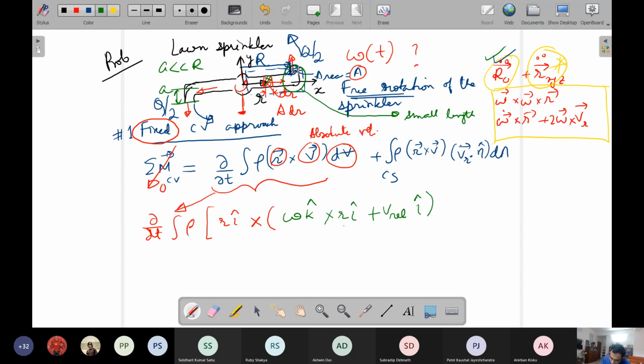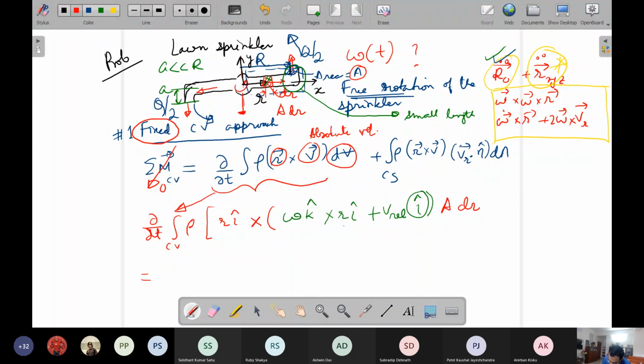But because that part is small, the major part of the control volume is the horizontal arm, and that is why it is shown with a relative velocity along the x direction. Otherwise, the relative velocity along the y component, at least for the bent part, will also come. And dV is A dR. So this is the control volume.